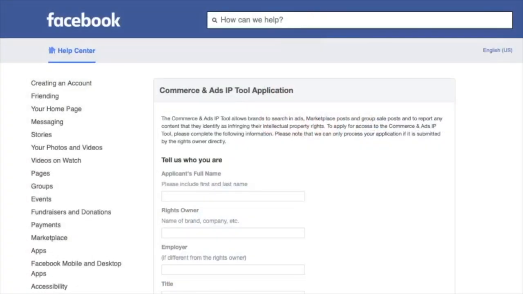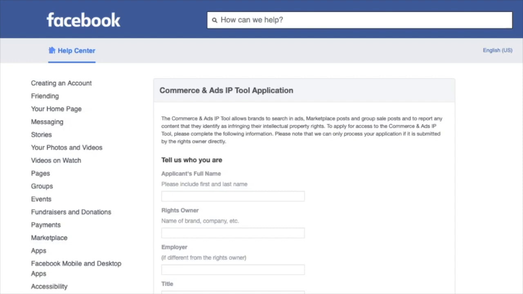So let's look at the tool. As of right now, it's just an application, and I haven't seen what the tool actually looks like, but as you can see on the screen here, it's an application to get access to the tool. It requires certain information such as your name and the brand or company that you are. It also asks for your Facebook or Instagram profile.